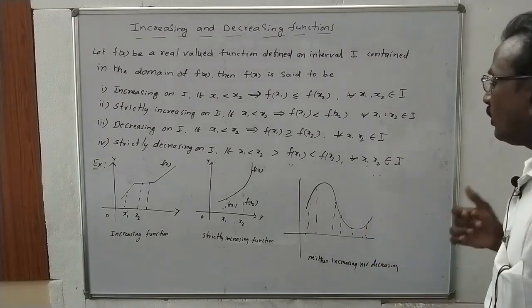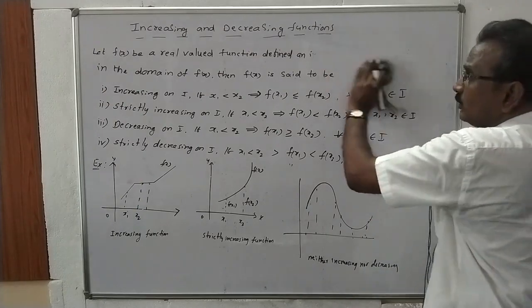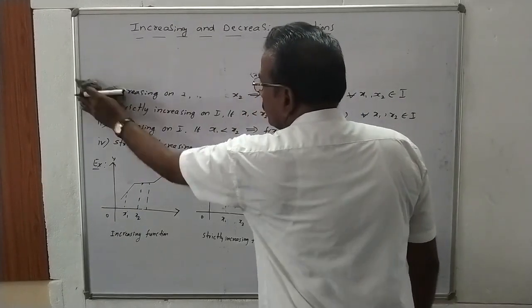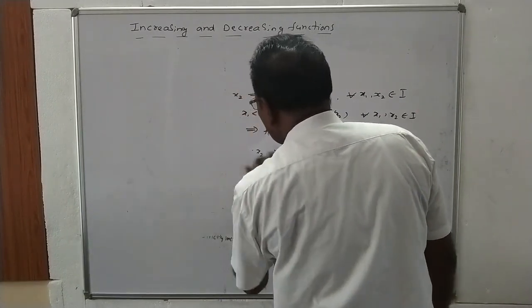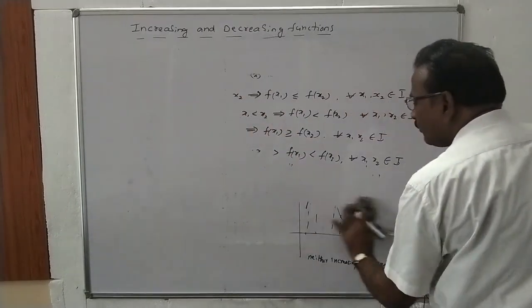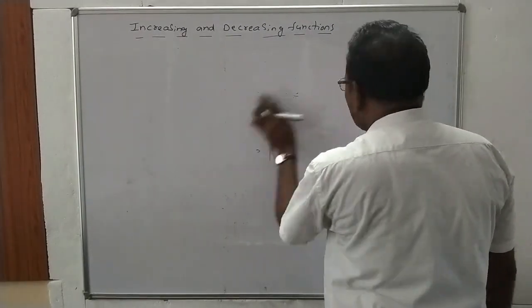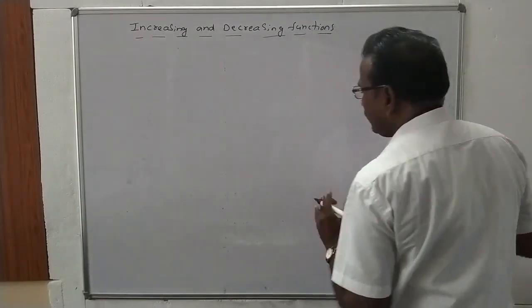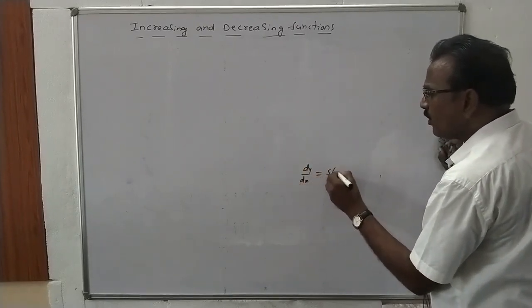So this is an example of neither increasing nor decreasing function. Next, what is the definition of a given function is said to be increasing or decreasing using differentials? What is the meaning of dy by dx geometrically? What is the geometric meaning of dy by dx? Dy by dx is slope of tangent